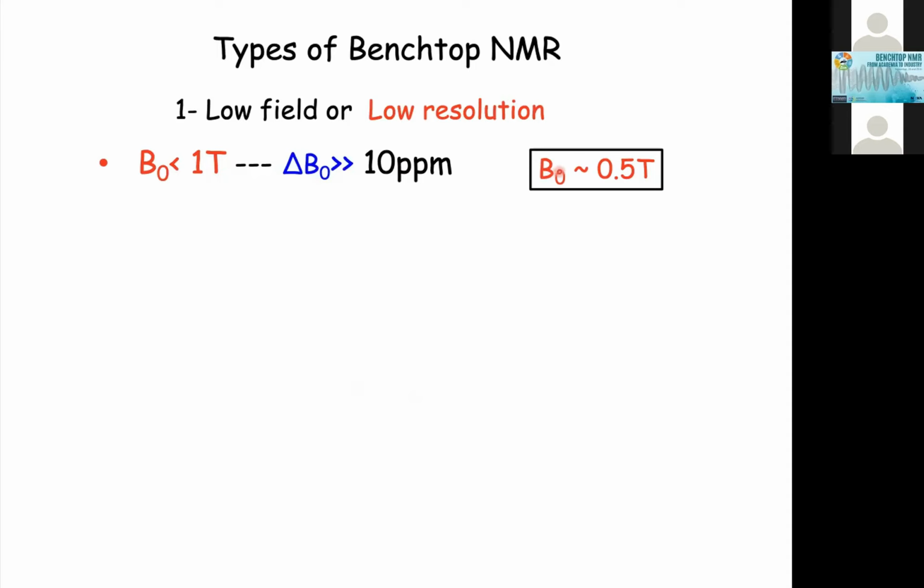Most of these instruments are not standard, but are about 0.5 Tesla, which is 20 megahertz. But there are some commercial instruments that work with 2 megahertz, 10 megahertz, 23 megahertz, and so on. And as I told you, in these magnets, the line width is much broader than the chemical shift dispersion. Then there is no chemical shift, so it's not necessary to perform the Fourier transform like in a high-resolution NMR instrument,